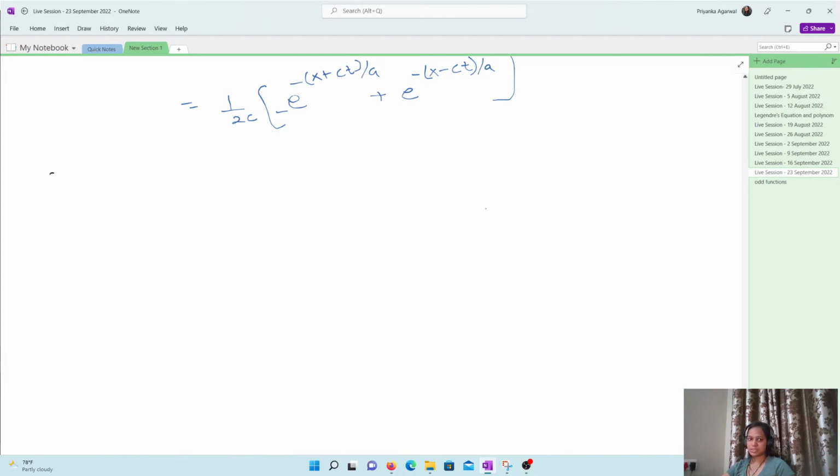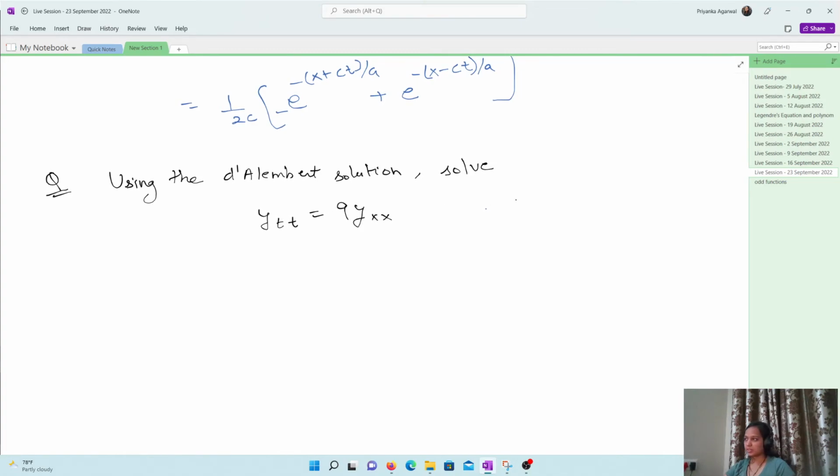Okay, let's look at the next question. The question says, using the algebraic solution, solve y_tt = 9 y_xx, where x is bounded. It is between 0 and 1, and t is greater than 0. Initial condition,